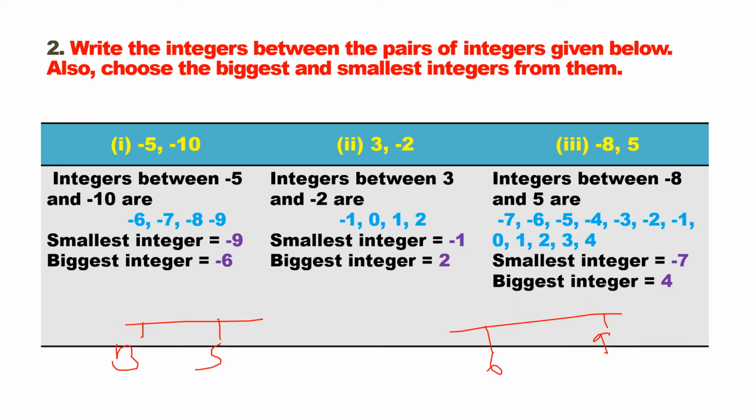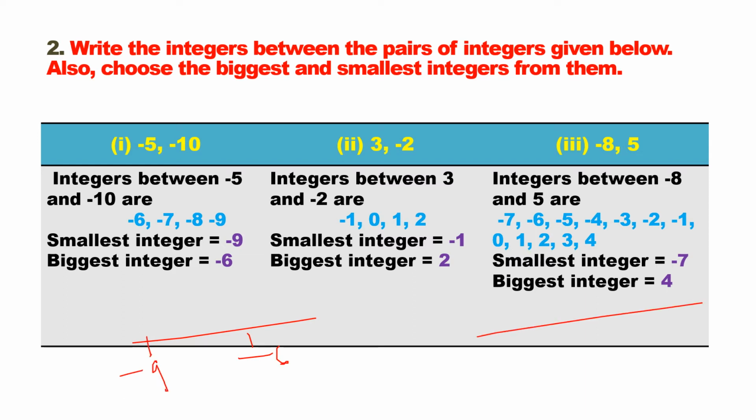Suppose I took minus 6 and minus 9. Here I'm taking two different number lines, here 9, here 6. When you see the positive side, a big number is big, but when you see the negative side, a small number is big, a big number is small. Here a big number is big, here a big number is small. That you should be perfect.